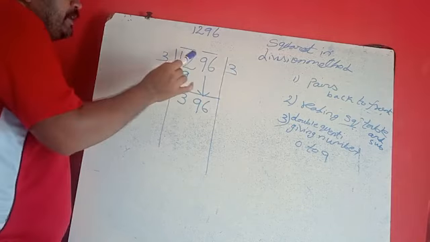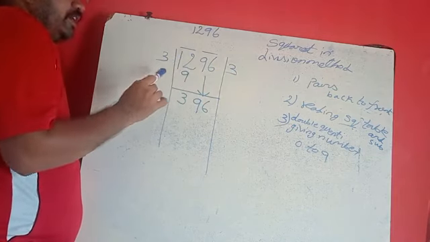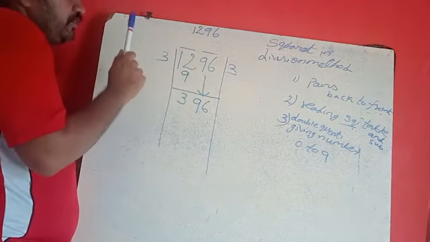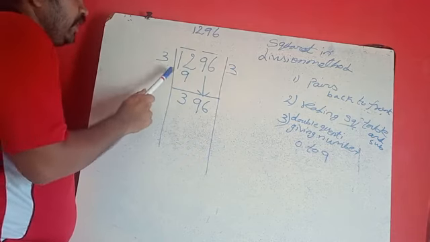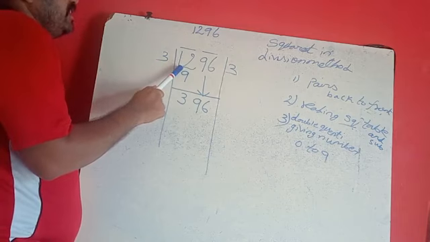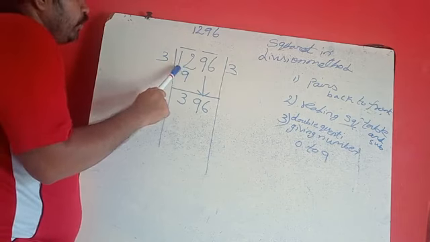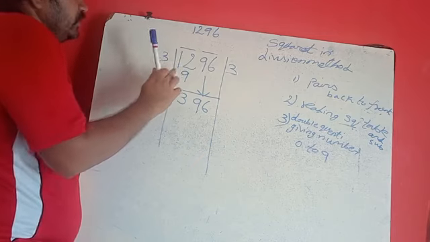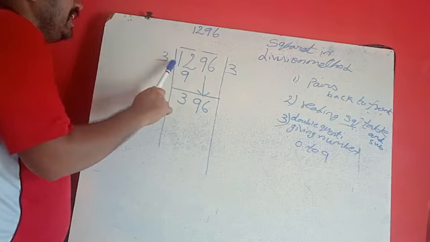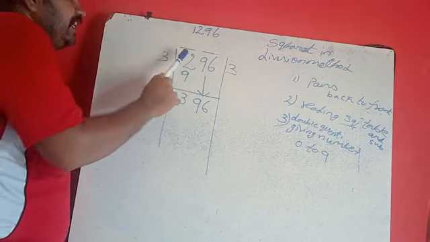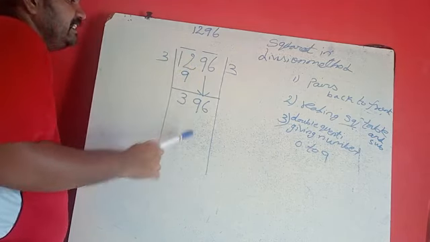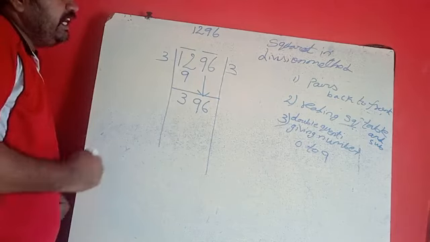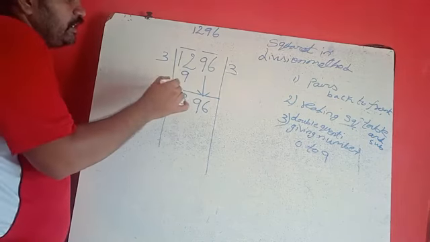Up to here, what did I do? See once. Making pairs. Afterwards, reading the square table: 1 one is 1, 2 twos are 4, 3 threes are 9, 4 fours are 16. 16 means it is becoming more, so we have to take the lesser one. So the lesser one is 3 threes are 9. 12 minus 9 is 3. Dropping that full set is 96. After reading the square table and subtraction, what now?